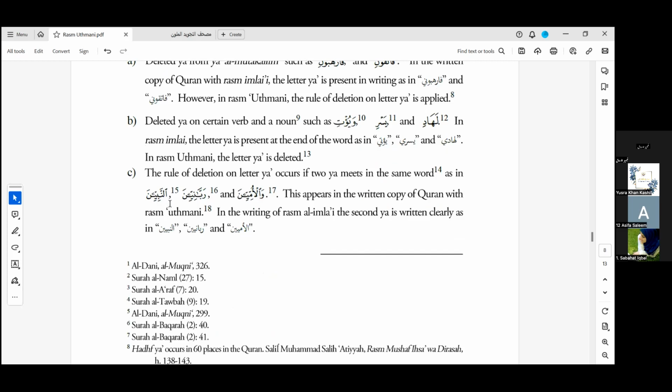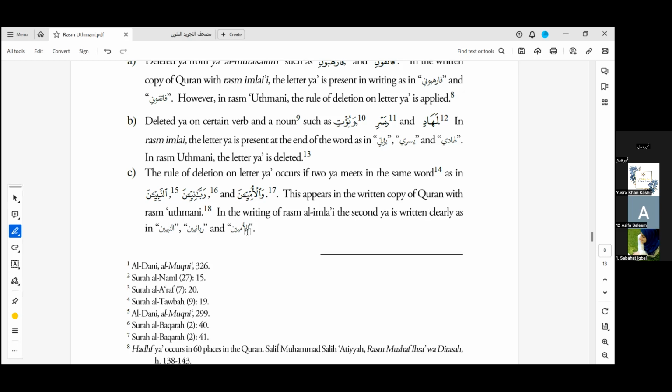An-Nabiyina. When we write in Imla'i form, An-Nabiyyin would have an extra ya after the ya mushaddada, yina, to stretch it. But in Rasm Uthmani, there is no extra ya. The mini ya is added again to make it easy for us to read the stretched ya, but originally in Rasm Uthmani, the ya has not been added in writing. You can see it here. In the writing of Rasm Al Imla'i, the second ya is written clearly as in Nabi, An-Nabiyyin,